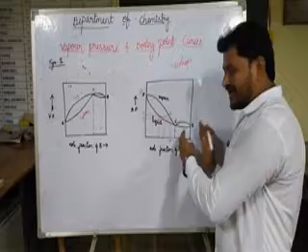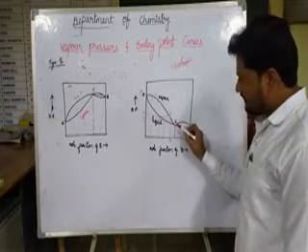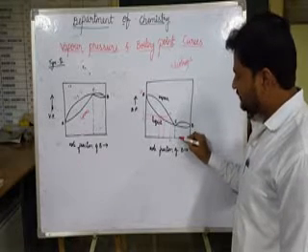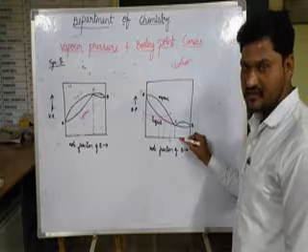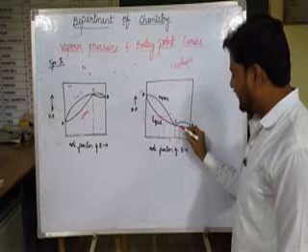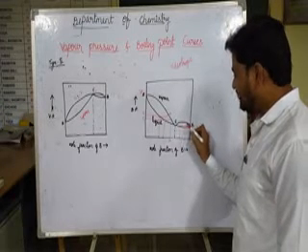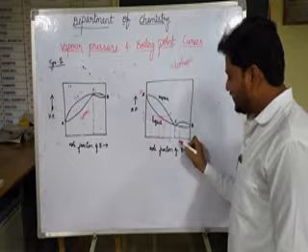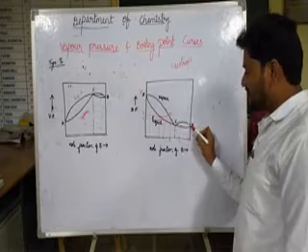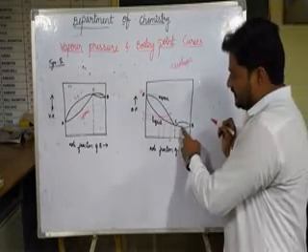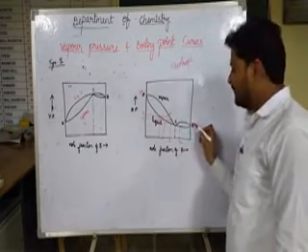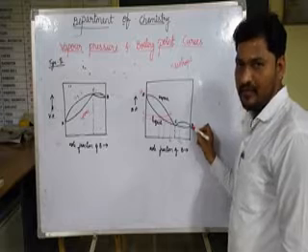With respect to the second part of the curve, when we go beyond this azeotropic mixture, let me take a point where the mole fraction of B is more than A. If I increase the temperature gradually, we will get the curve in this form. Here the point will be considered in this form. Let me call this X2. At this temperature, we will get C as more in the form of vapor and B will be more in the form of liquid.